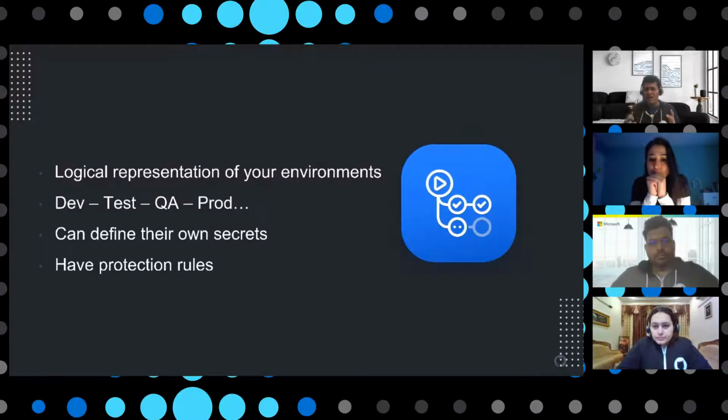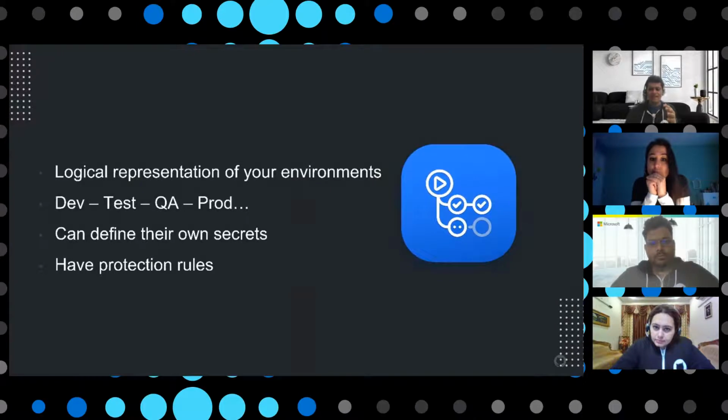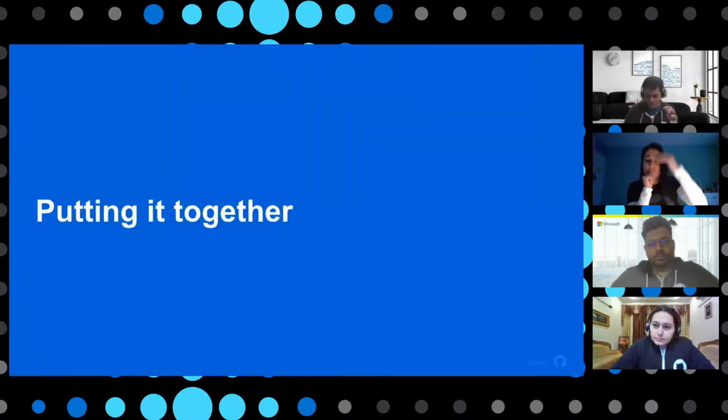We can have environments like dev, QA, and prod, and each of these environments